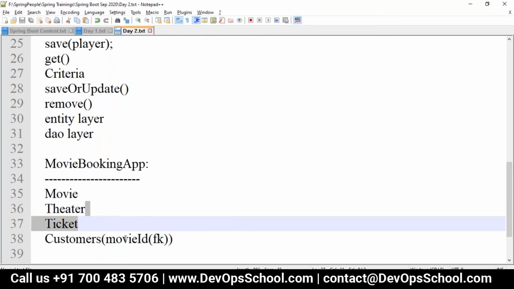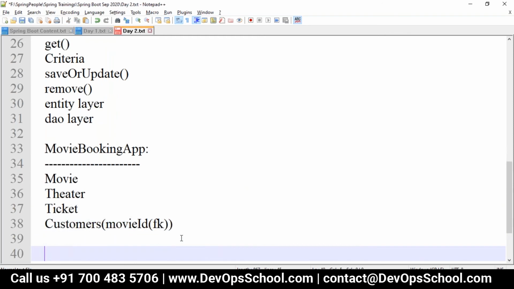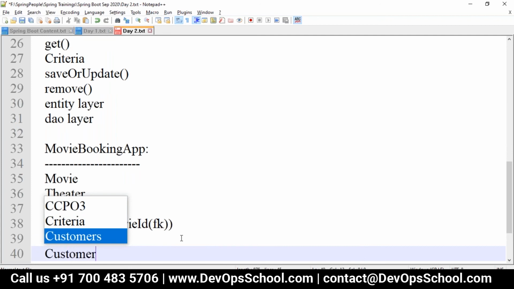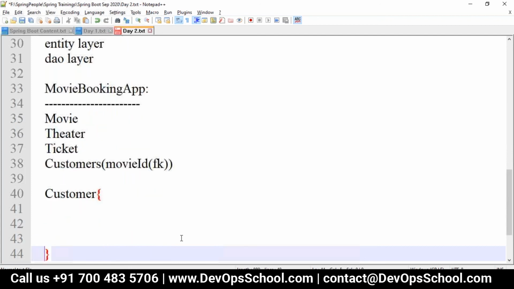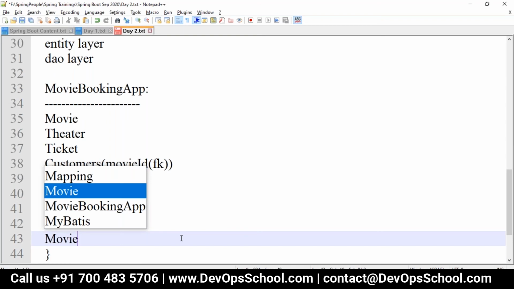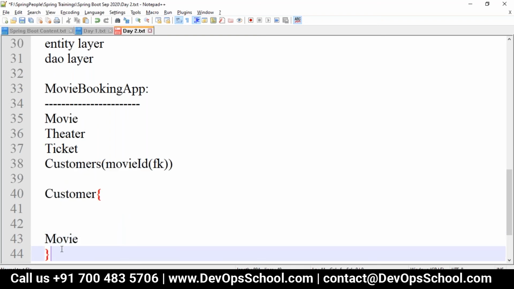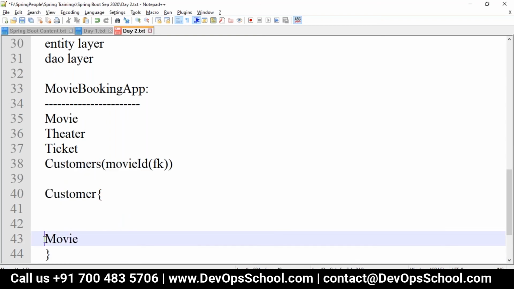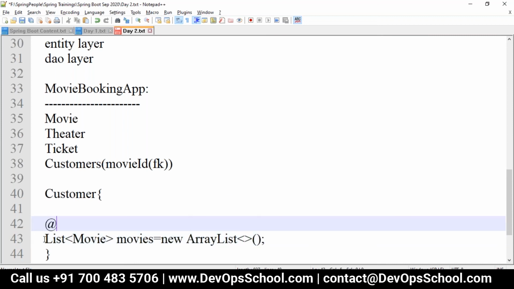Instead of movie ID, Java will be mapping in the customer class. We'll write here movies. If it's many, then it should be a list: movies equals new ArrayList, with many to many.